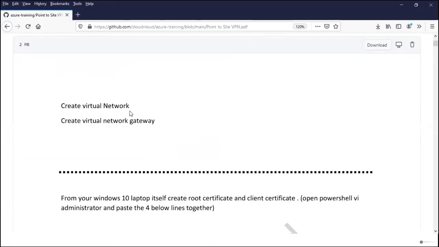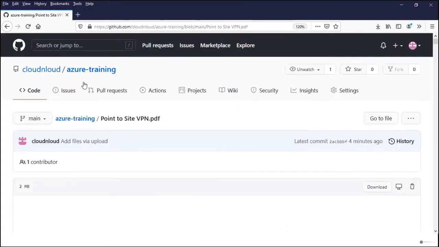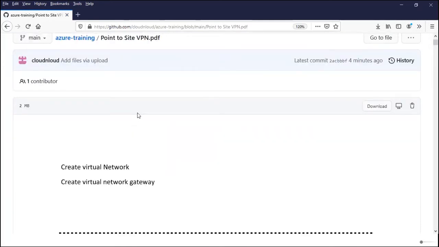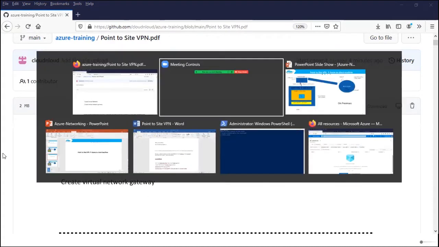Here in this GitHub, there is a PDF with step by step screenshots for point-to-site VPN. First, we will create a virtual network.